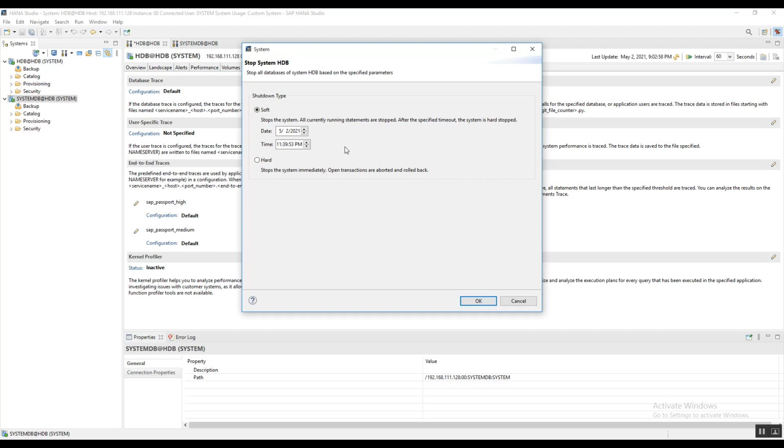So in the soft shutdown, what happens exactly? If we select the soft shutdown, the system won't stop immediately. The system will offer us a 10 minutes wait time, which the system proposes for different activities.